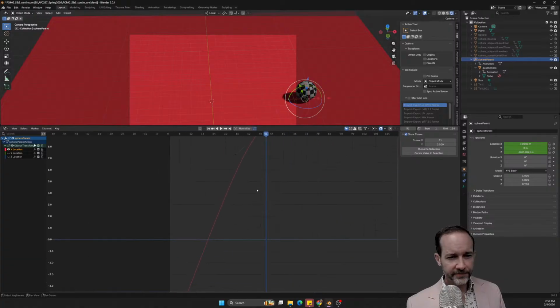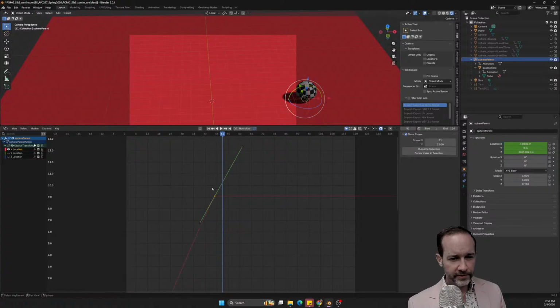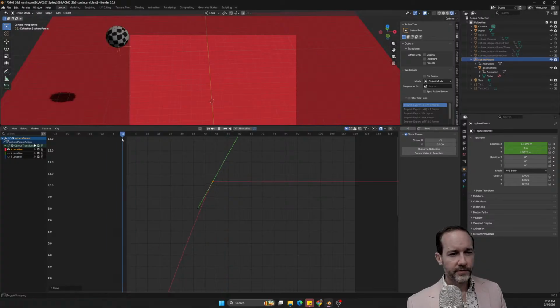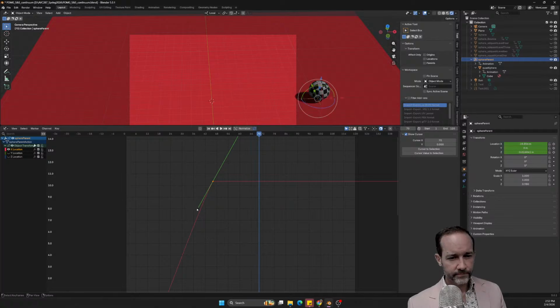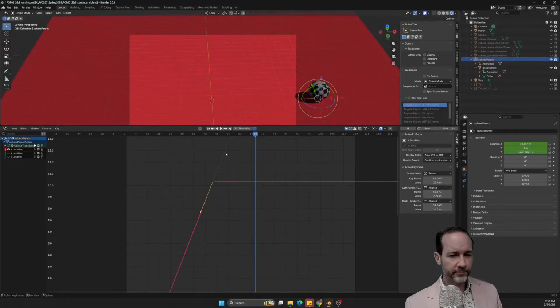I think this last keyframe here needs to be a little bit more linear, and it needs to move further, which means just further up here. Okay, by that point we're off screen, so we're okay.